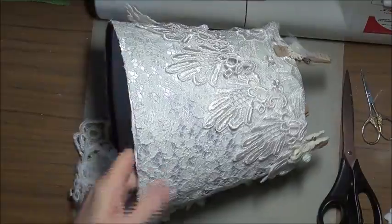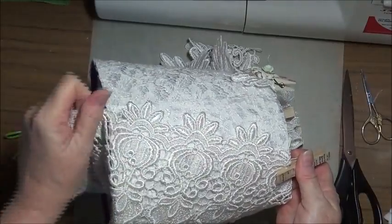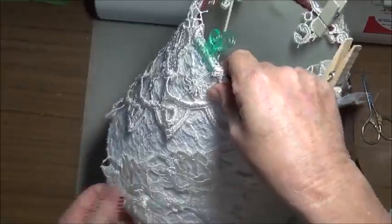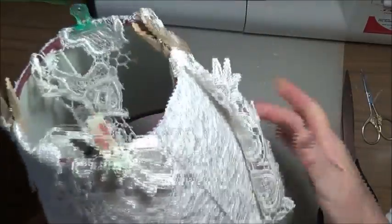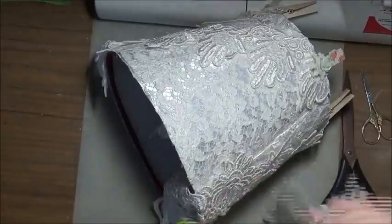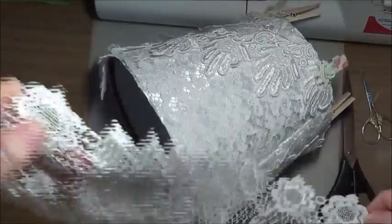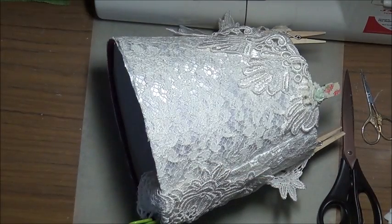Okay, so I think maybe that one has to be more of a dramatic angle there, just a bit more. And that one will come down like that. That one will come down like that, and then we have this gap here. See how it's like a triangle to fill, and I'm using this lace, and I tried to get the trims that were all the same kind of colouring, and I kind of played, whoopsie daisy, I played with this a little bit, make sure I haven't got it upside down,